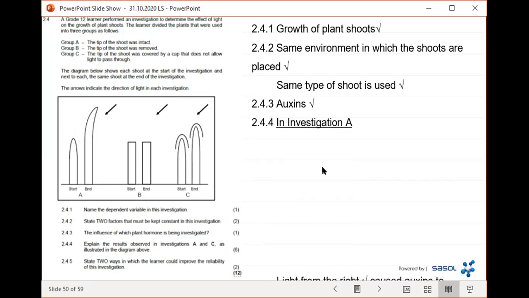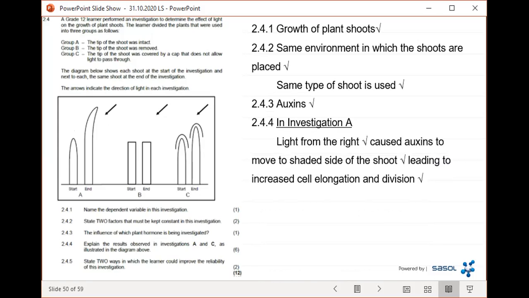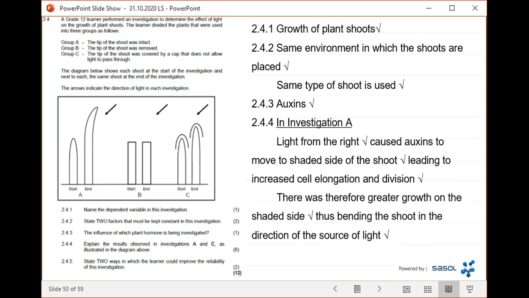So let's start off with investigation A. Light from the right side caused the auxins to move to the shaded side of the shoot, leading to increased cell elongation as well as cell division, right? And then there was therefore greater growth on the shaded side, thus bending the shoot in the direction of the source of light or of the stimulus. And then